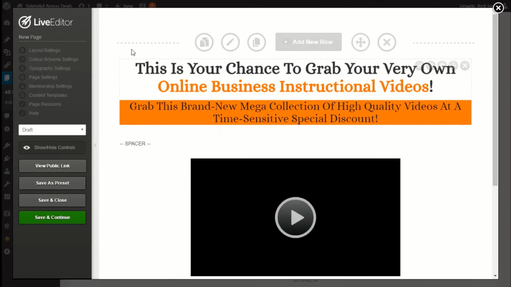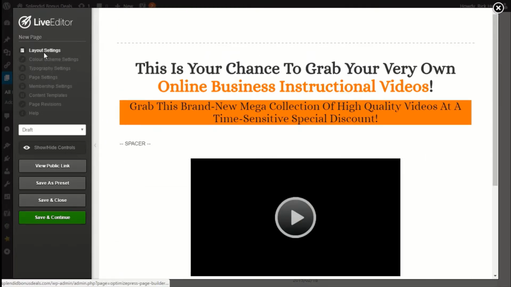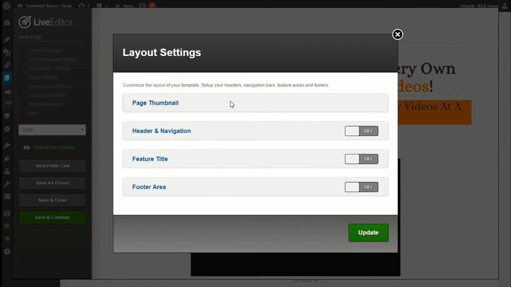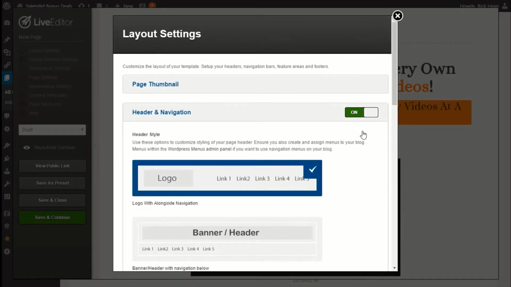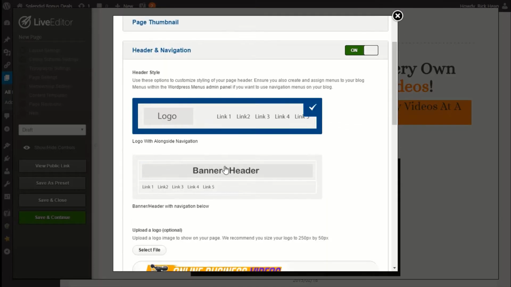So what I want to do is put a header right here on the top part of the page and also a footer. So what I'll do is go to Layout Settings. And here you see options to enable, disable the header here, and also for the footer here. But first, I'm going to enable the header area, and I'll go ahead and choose a header style,